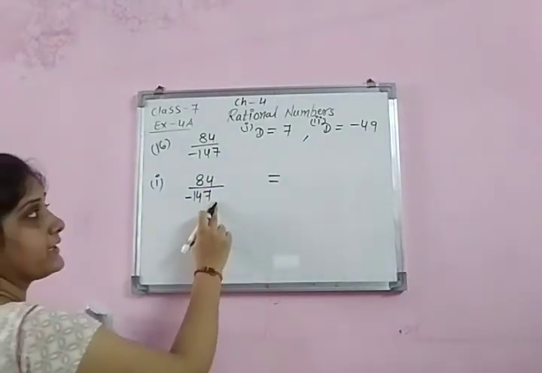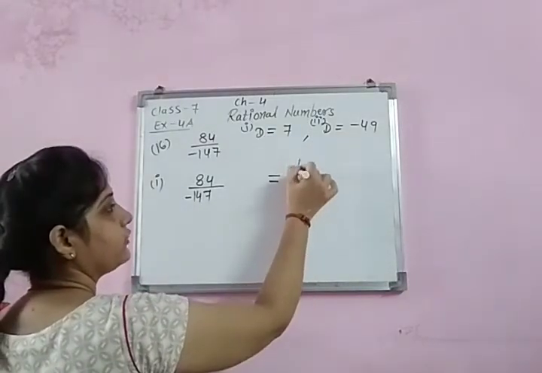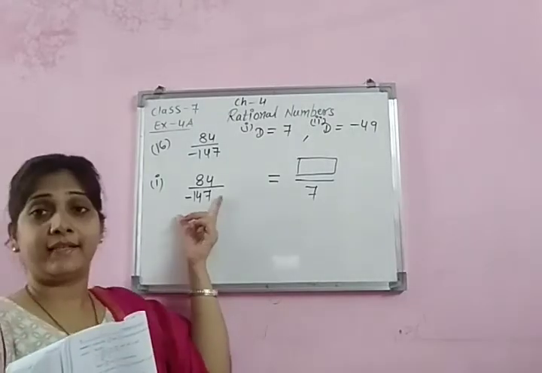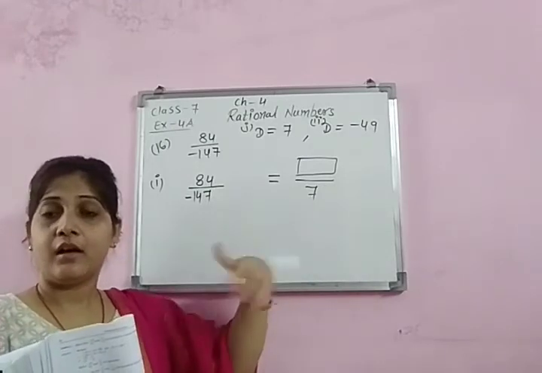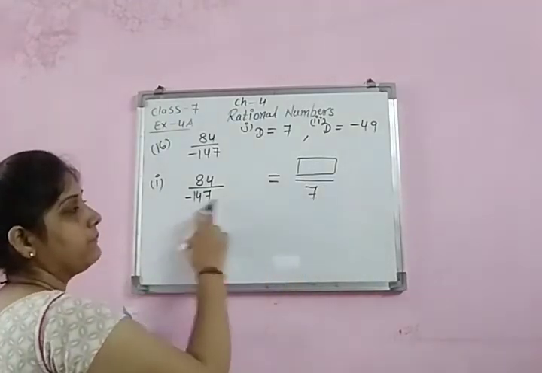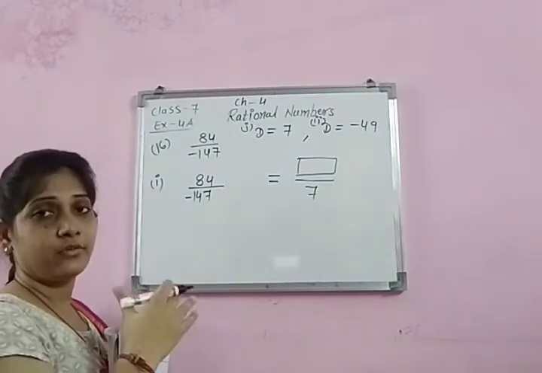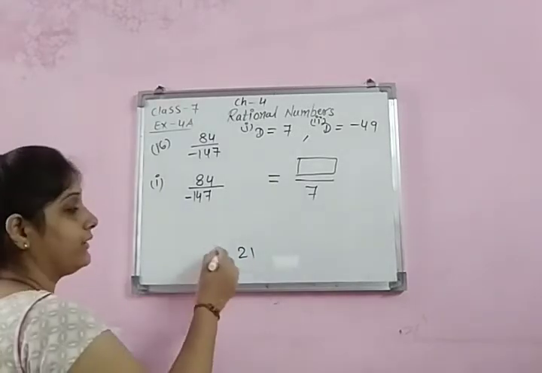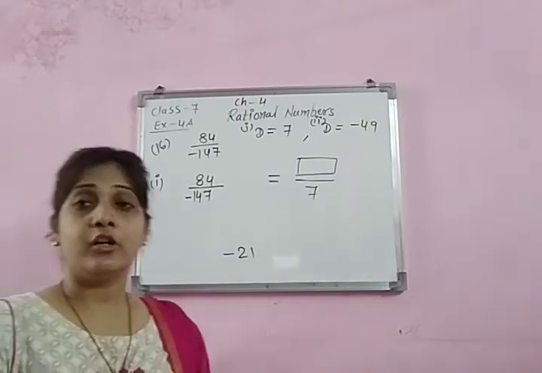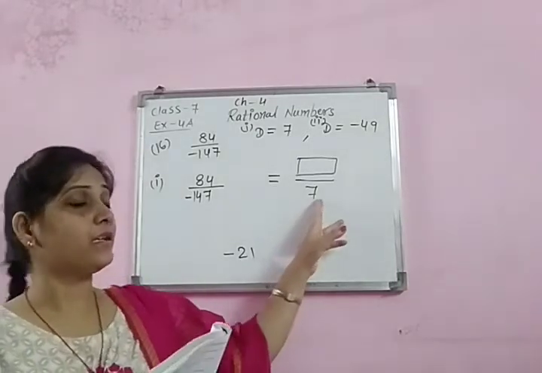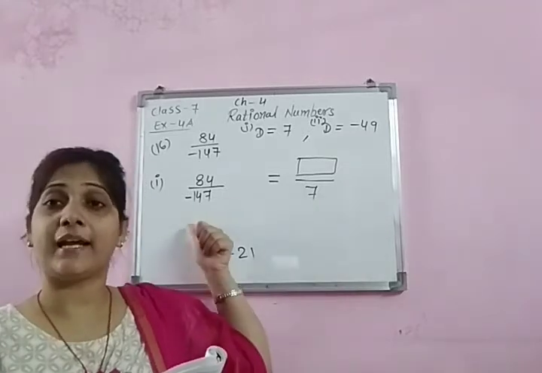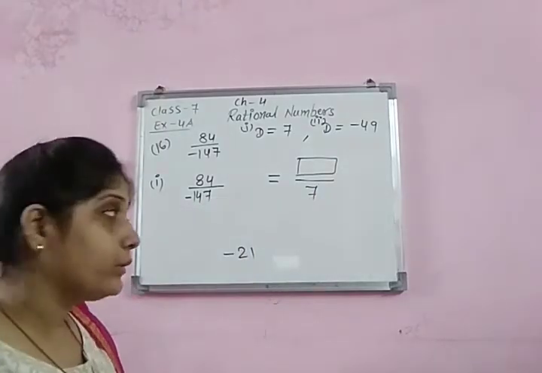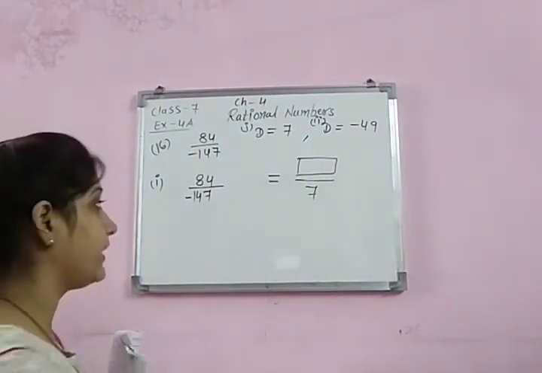Okay. Let's frame the equation or write it in a proper way. 84 by minus 147. The denominator should be 7 and we need to find the numerator. Now 147 you have to make 7. So for this you can do division. By 7 only you can divide it, because 7 2s are 14, 7 1s are 7. So I think 21. But you want positive. So minus 21. That gives us minus minus plus. Or you can do one thing, children: by which number do we have to multiply 7 so that we get 147? 7 21s are 147. Okay. Both ways are correct. It's up to you in what way you are doing it.